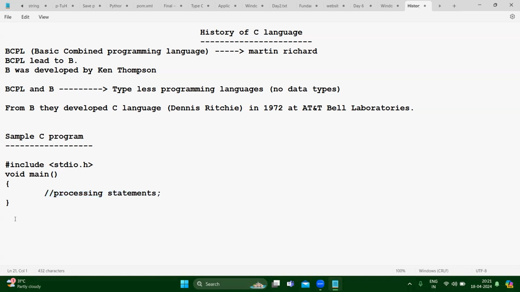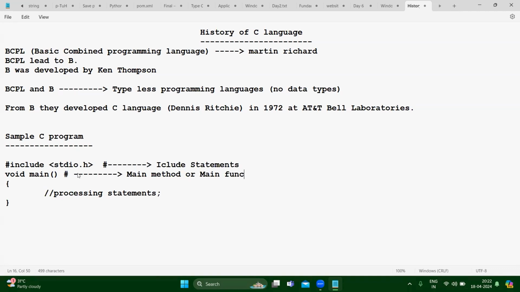So let's understand the syntax. First, this #include <stdio.h> is called an include statement. Next, what is this void main? We can call it the main method or main function.